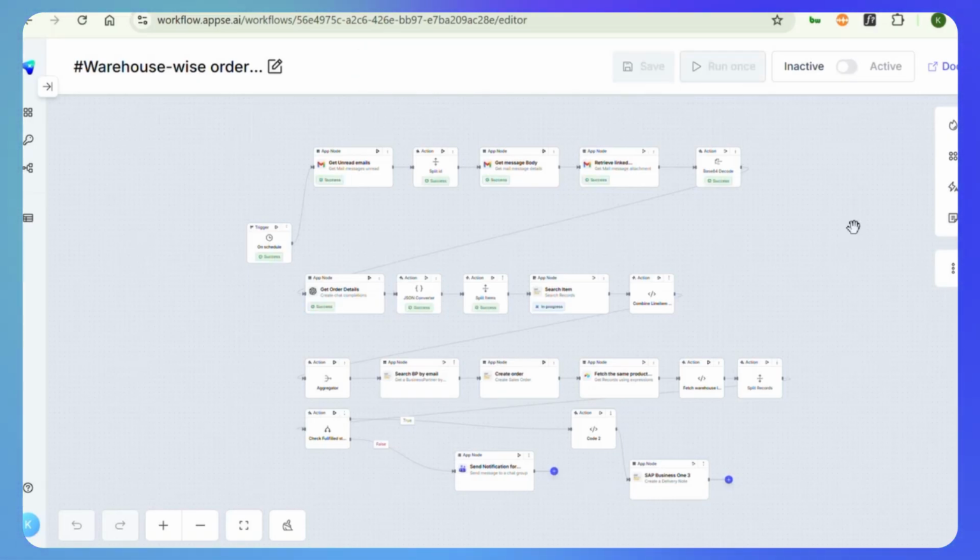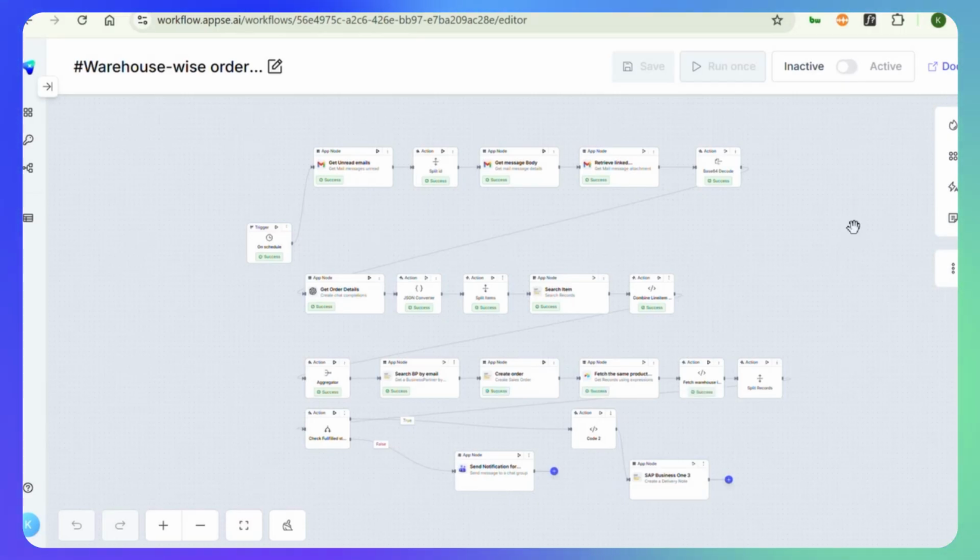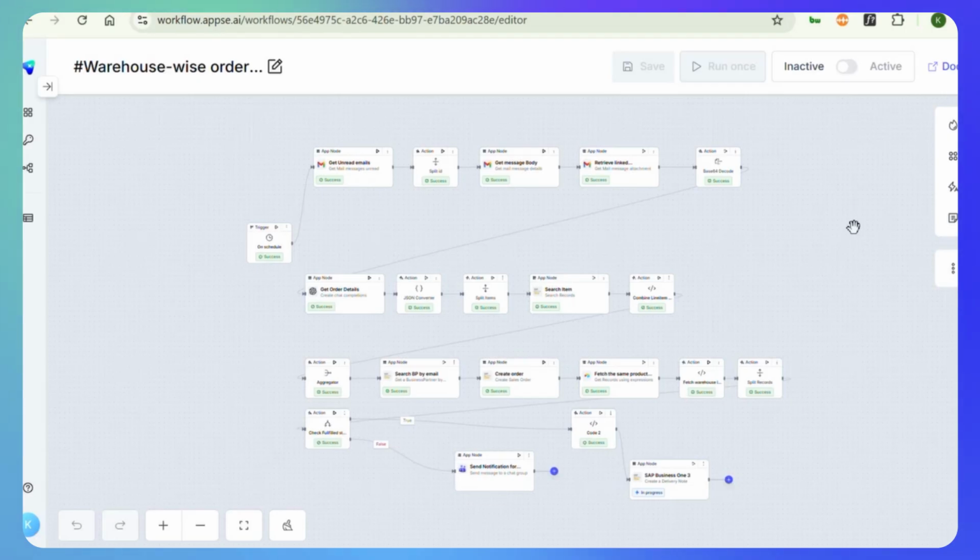And as you can see, it is executing. As I have mentioned previously, this is my most favorite part, which is seeing the workflow happen in real time. You can see the progress with all the green successes, and it is very satisfying to watch. What we are currently doing is creating the order, and at the same time, we are searching for the inventory. And again, we are waiting to create the delivery note based on the AI's flagging and markup of which warehouse